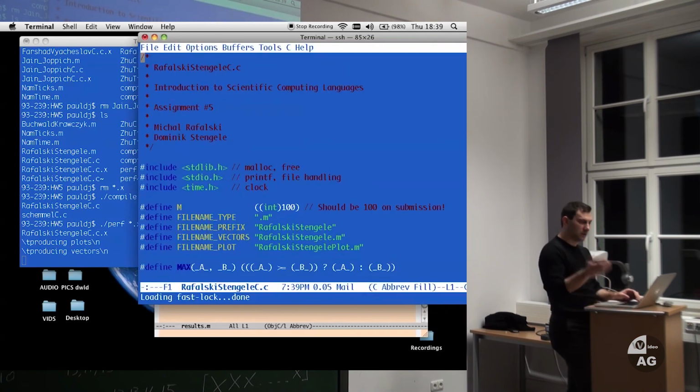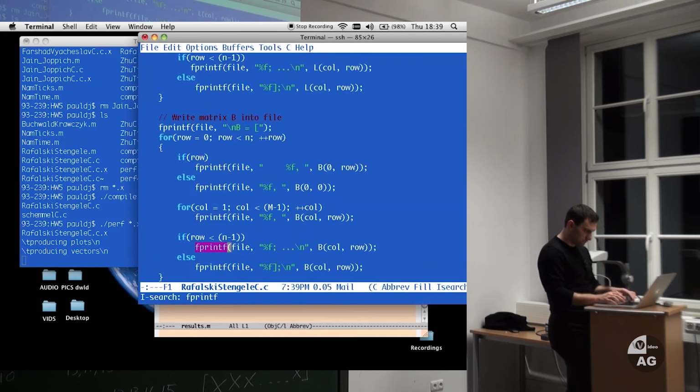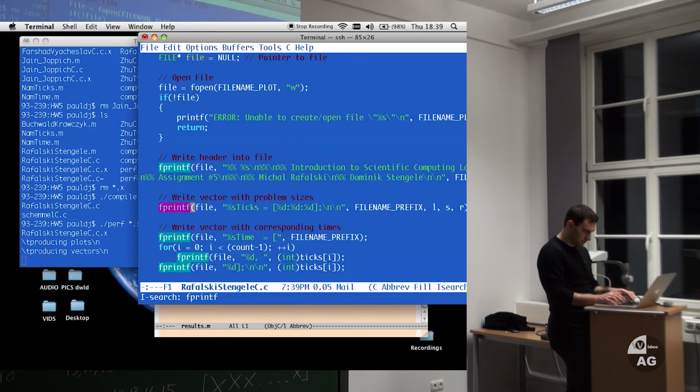I have to divide by... Bye bye. Clocks per, what was that? Second? Sec?